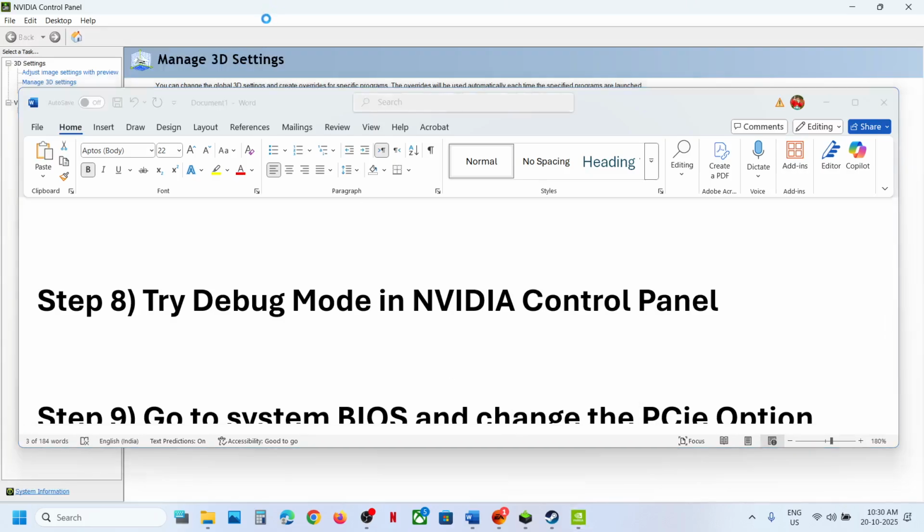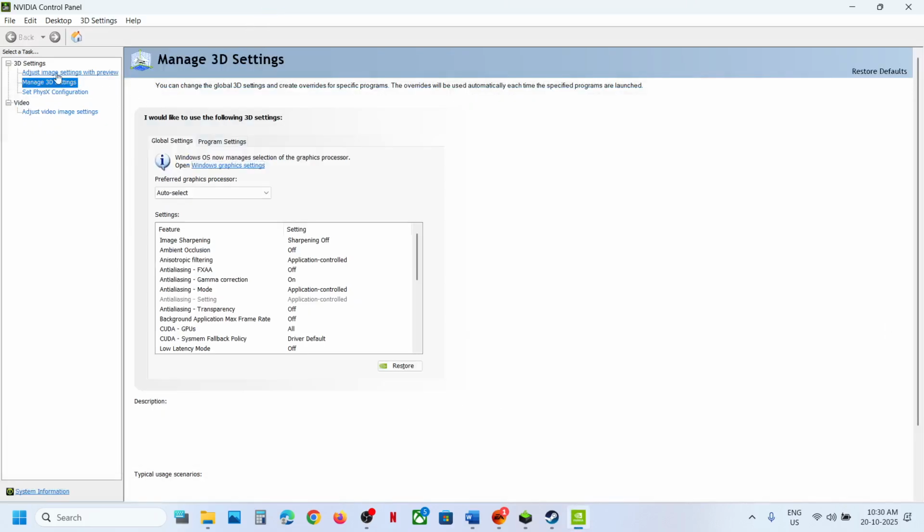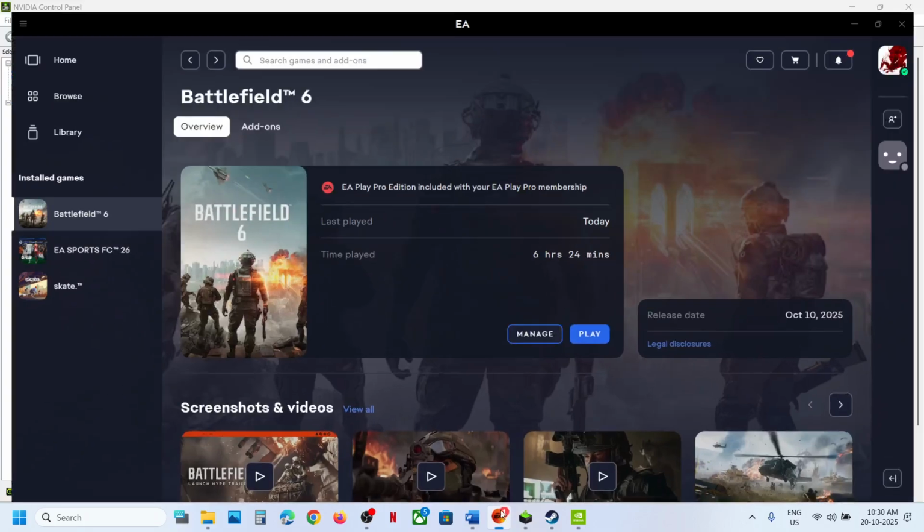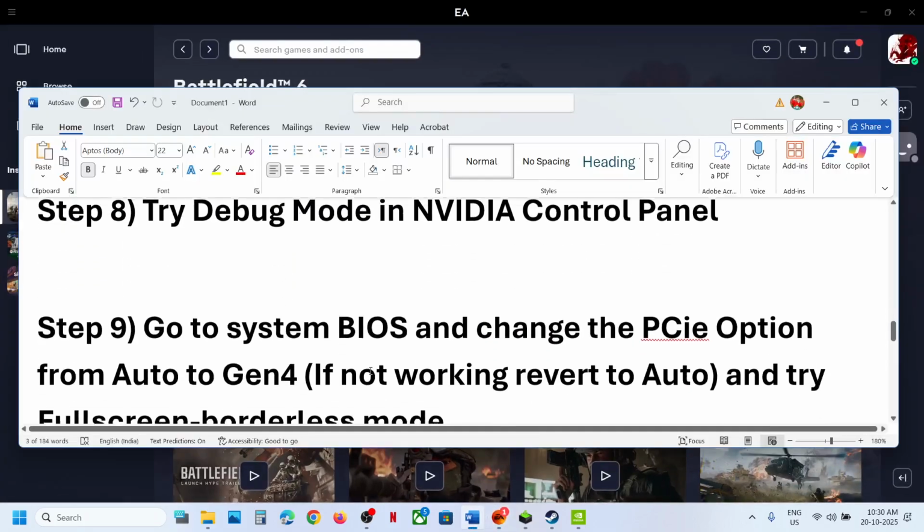So go to NVIDIA Control Panel, Manage 3D Settings. At the top you will see the Help option. Go to Help and then select Debug Mode. Make sure Debug Mode is checked, and then relaunch the game and check. Still not working? The next step is to